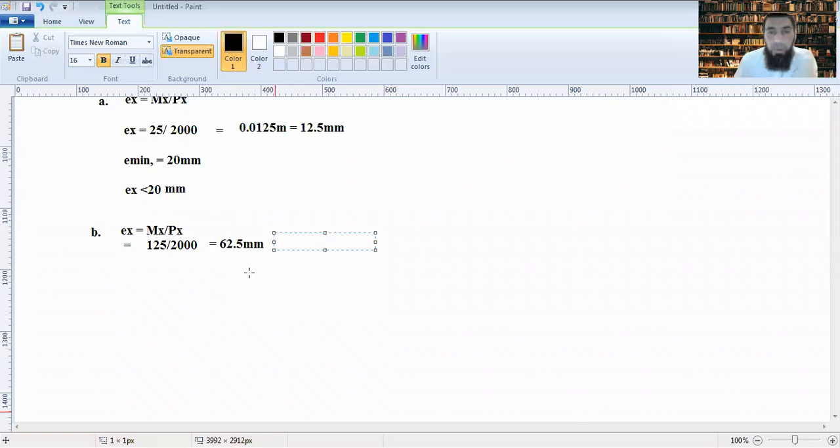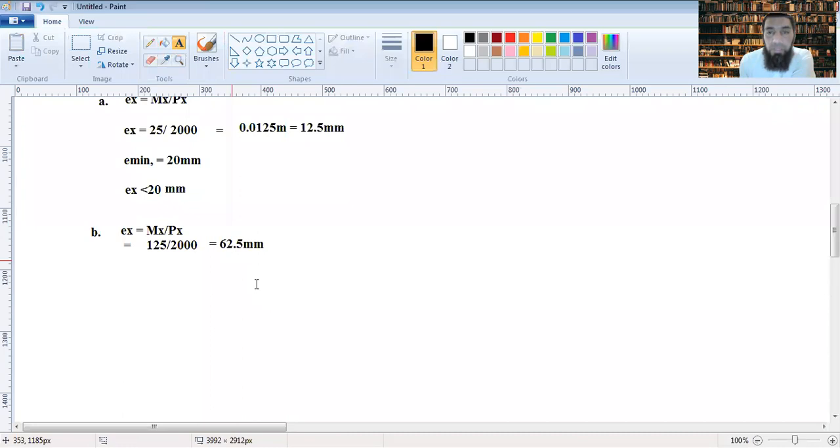So for case one, the existing design done through concentric loading was enough. In case two, we have to go for a check. Now, what we did last time, it would be very difficult for someone to go through all that process to check whether the design is safe or not. So there is a way out of that. That's provided through design curves, and they are given in SP16.